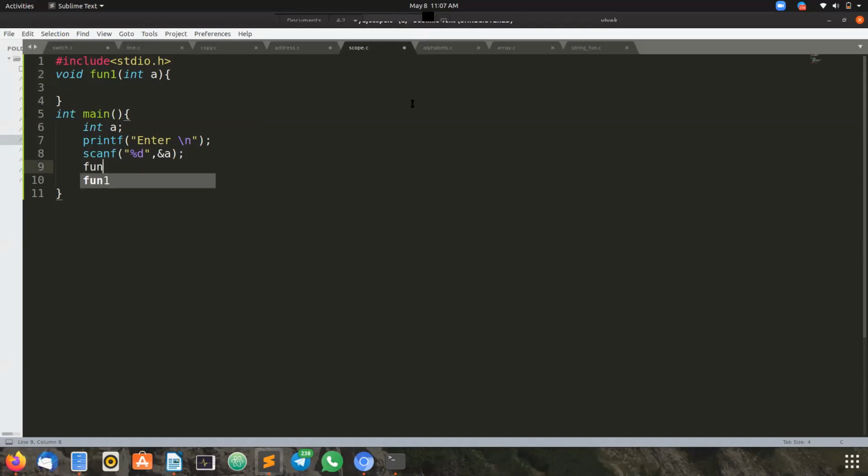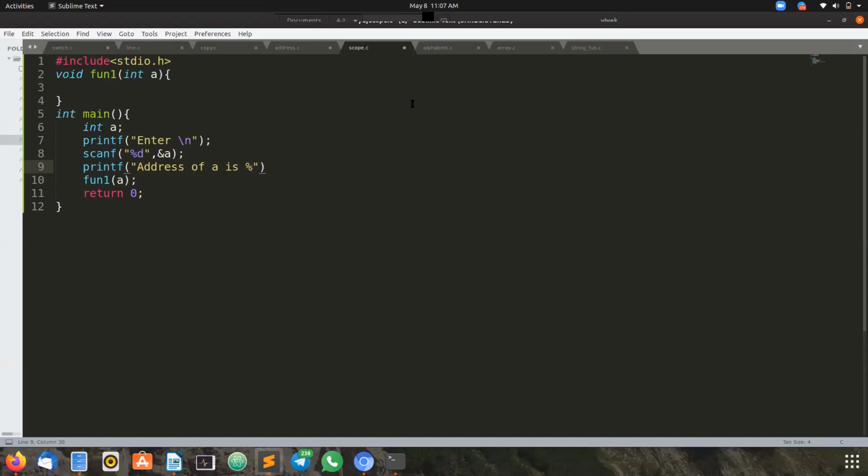Here I want to call that function. I'm passing the value of a. Prior to that, I want to print the address of a and the value of a. How do we print an address?